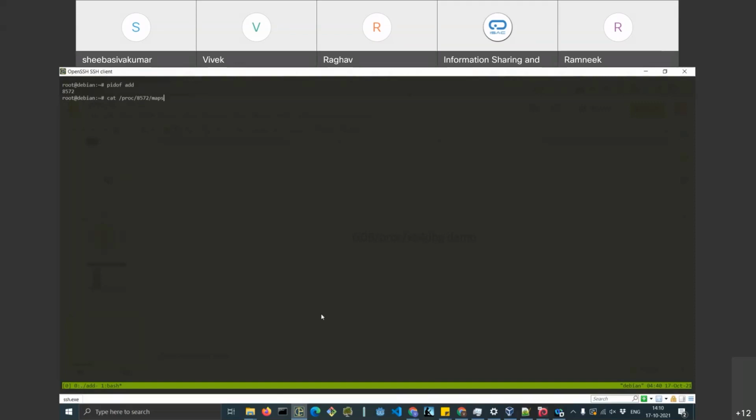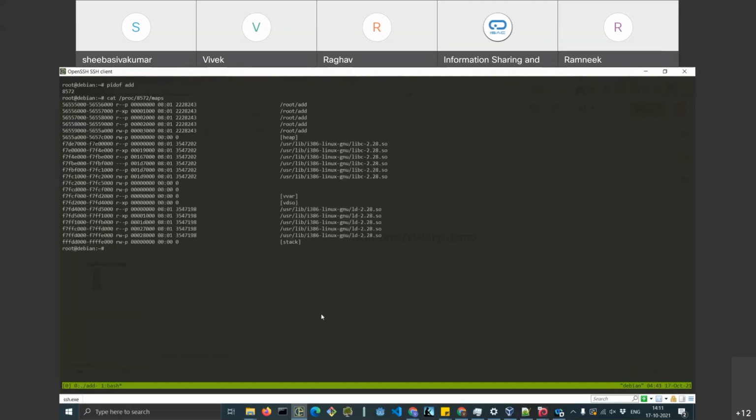So we'll try to get more in depth in this process and see how it looks like in the memory. This is the command that you use for finding out how the program is structured in the memory. When you run that, you are able to see, right from the very beginning to the end, what all modules are there. First is obviously your add program. It starts from this particular address 56555000 and it ends somewhere around 5655800.